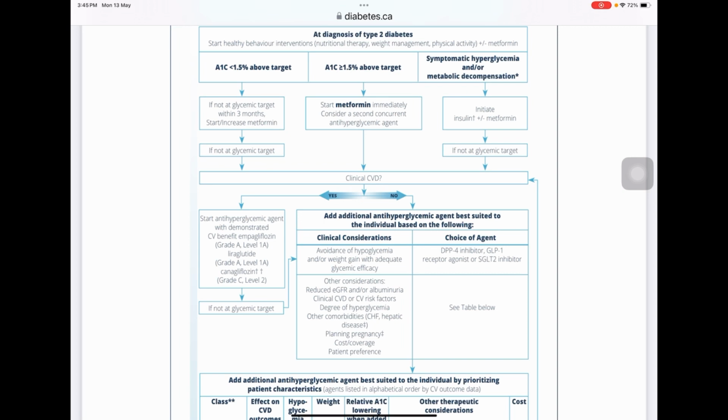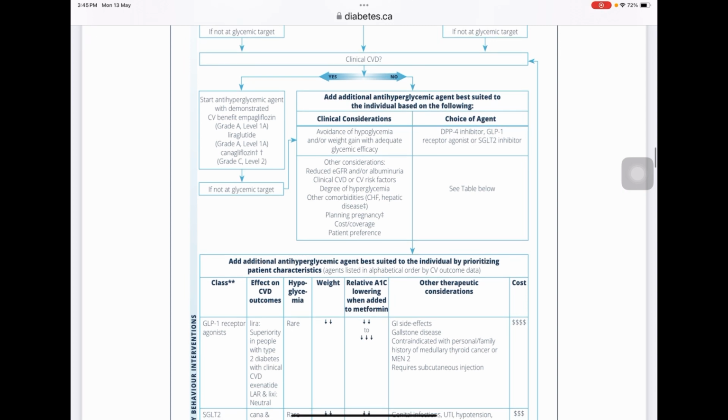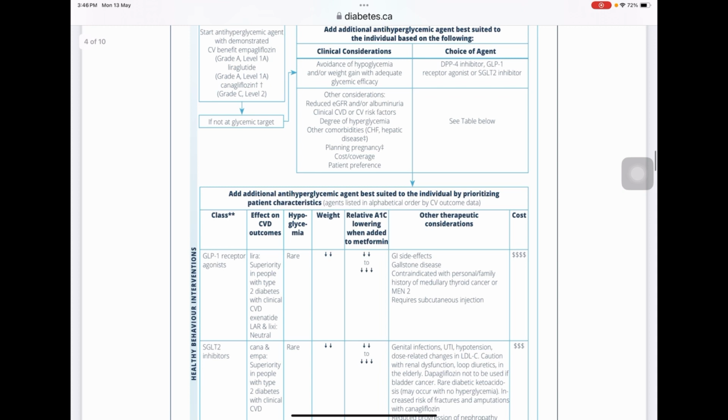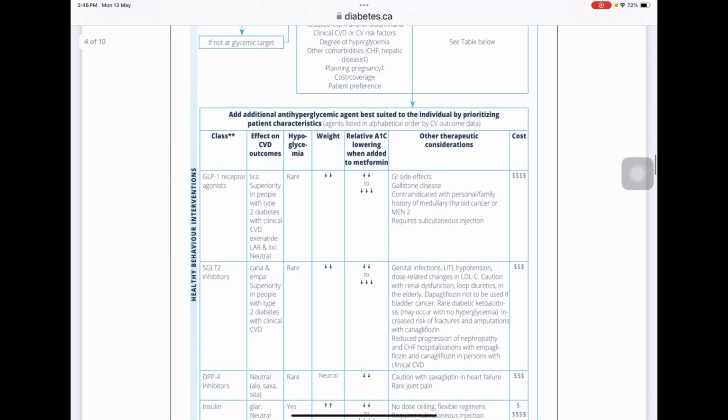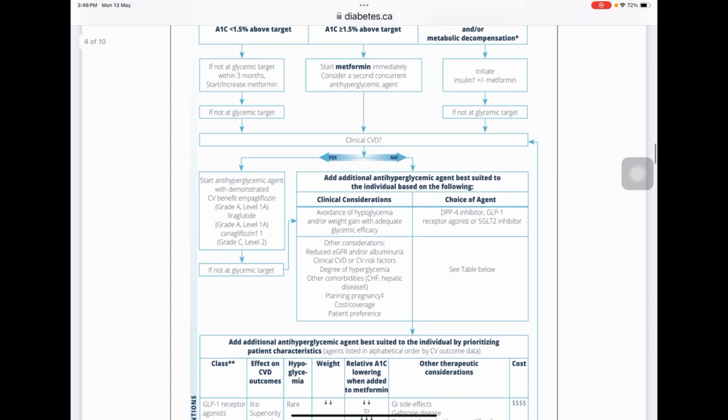Liraglutide is also another one that is recommended. These are GLP-1 agonists. Okay, liraglutide and semaglutide, these are GLP-1 agonists. So these are recommended for patients with cardiovascular risk or cardiovascular diseases. And also empagliflozin, let's see, it's an SGLT2 inhibitor. So that is even recommended for a patient with cardiovascular diseases, because it has a significant benefit on cardiovascular